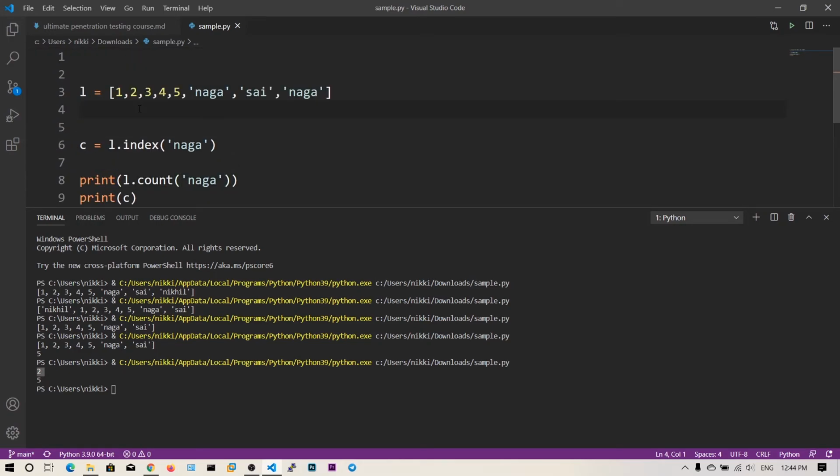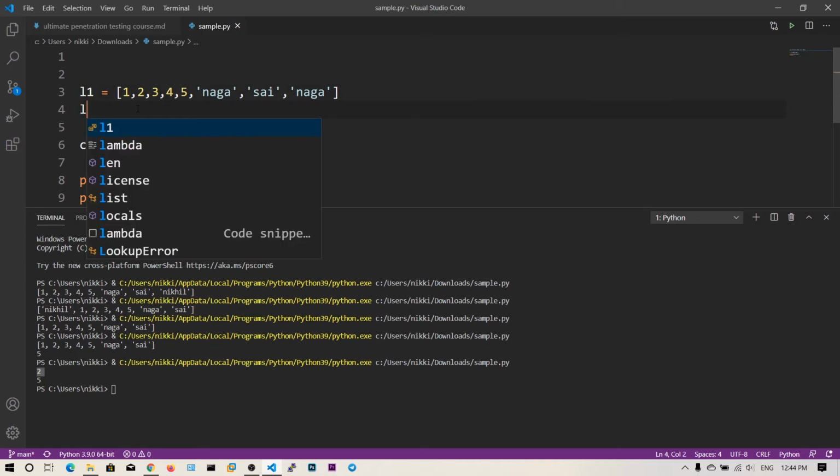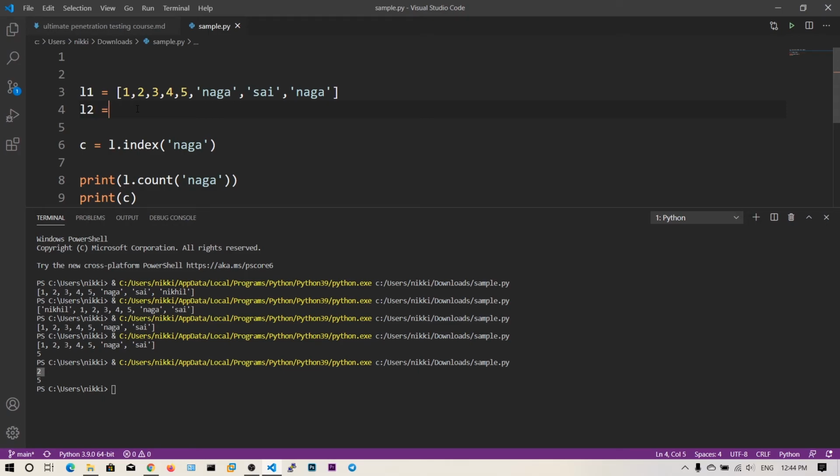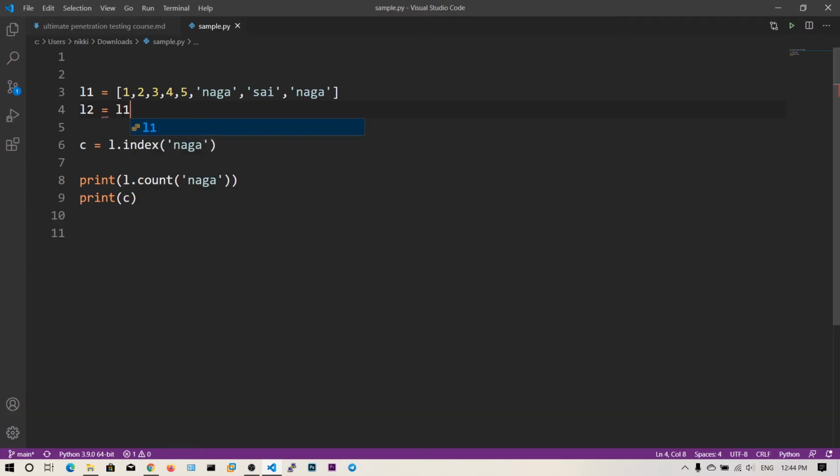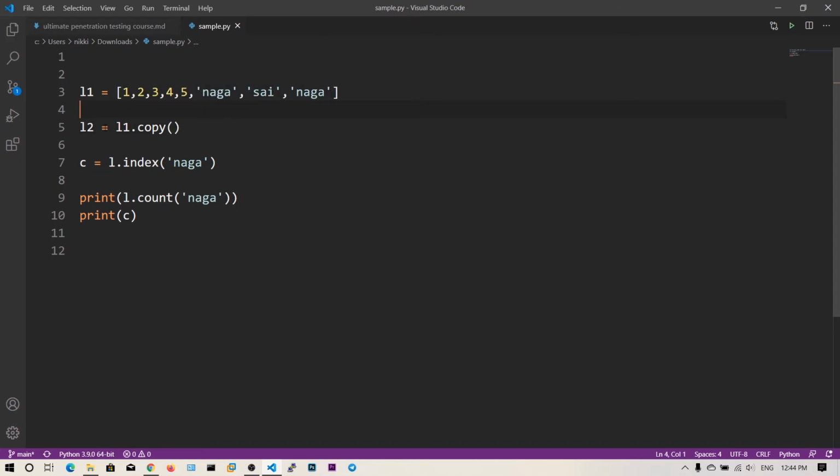And we also see list concatenation. Let's say this one is list 1, and this one is list 2. Before that, first we will see how to copy the list. You can say L2 equals L1, but if we change any elements of list 1, it will affect list 2 because it's just pointing to list 1, it's not an actual copy. So what you want to do is say L1 dot copy. Now L1 and L2 are different lists.